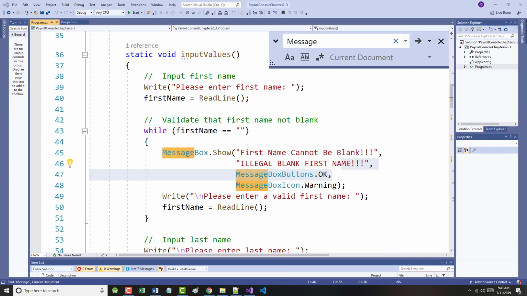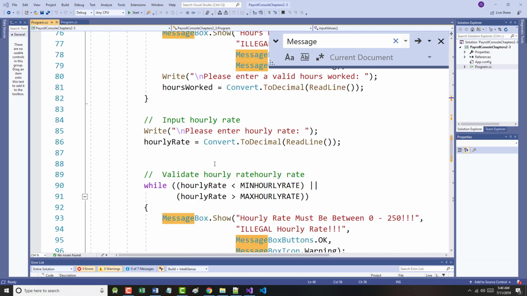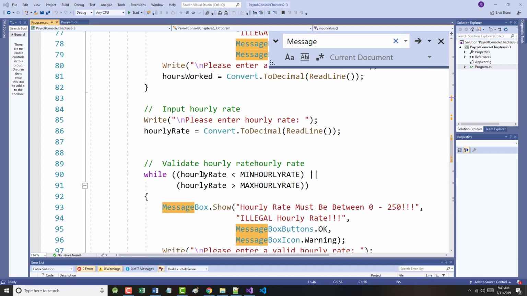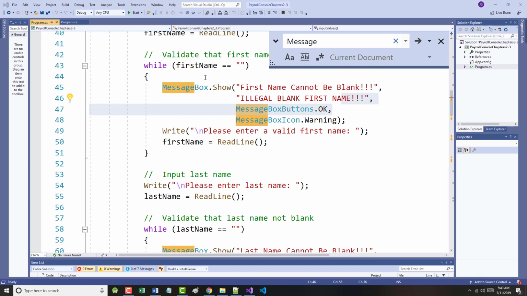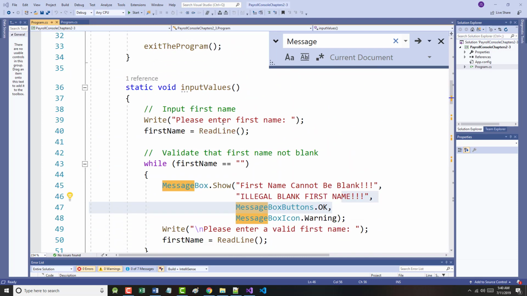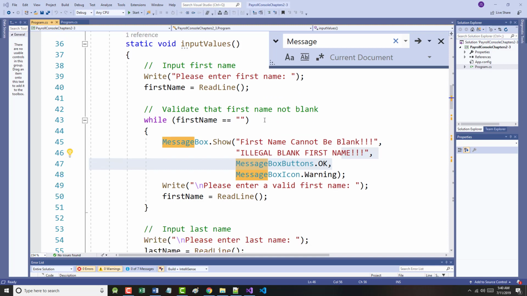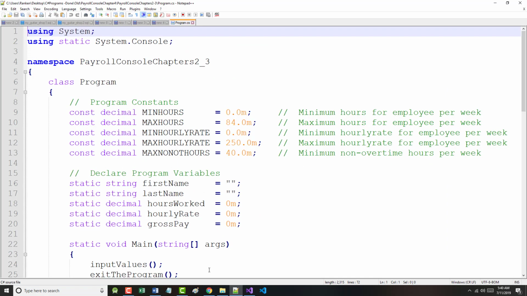All right, that didn't take very long. You'll notice here that when we call input values from here, notice what it does. It does call the first name, then it says while there's nothing in it. What I want to get across to you right here is the fact that looking at this, when we did this previously for our GUI program,